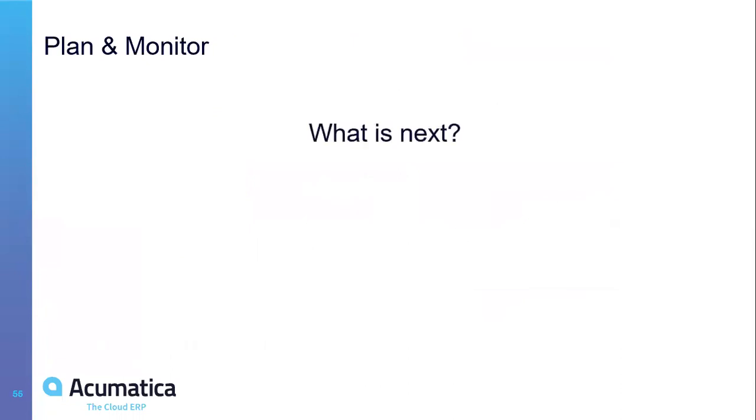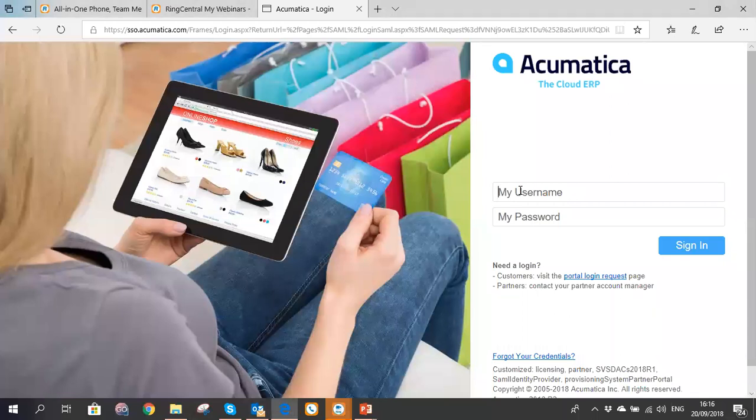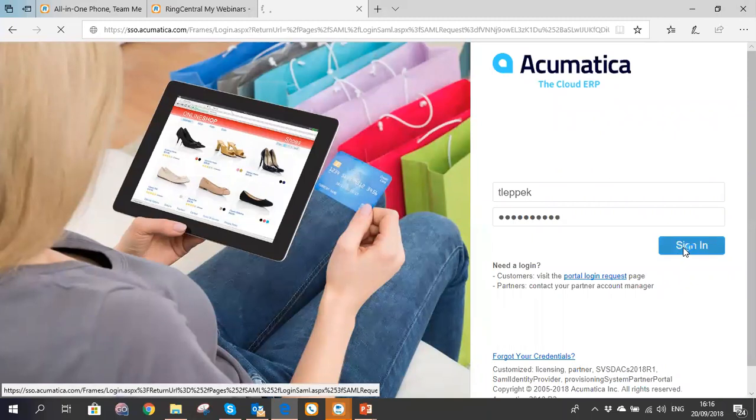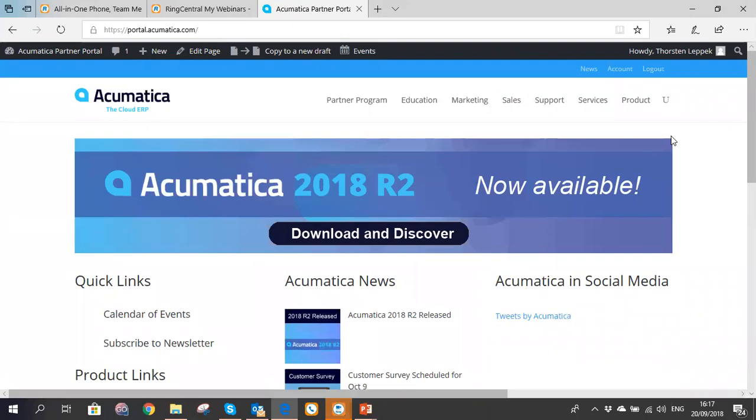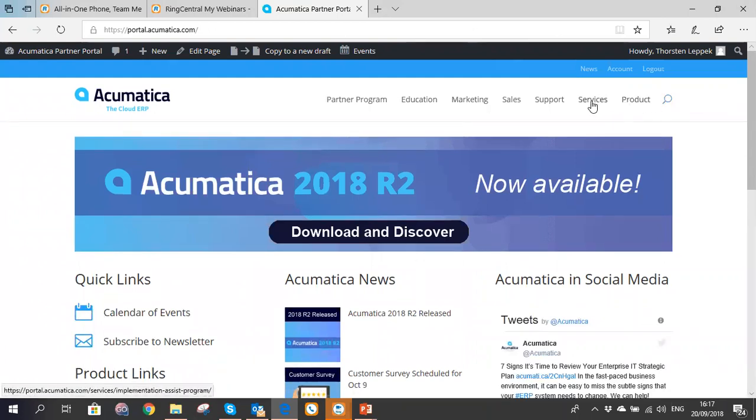After I'm finishing it, let me very shortly stop sharing, and I'm back in a second, just opening our partner portal. So our partner portal, you all should hopefully know it. I'm logging in now with the normal credentials that you have there. I don't know yours, so I'm using mine. Logging into the portal, and under services